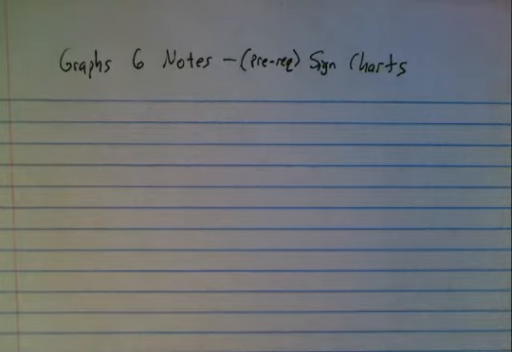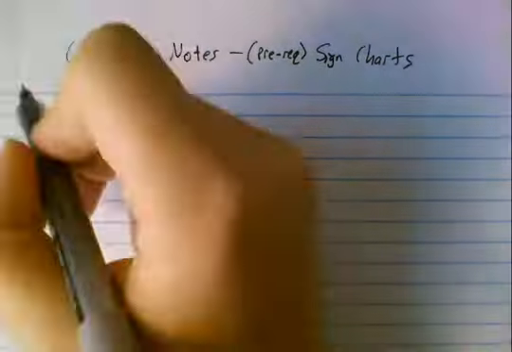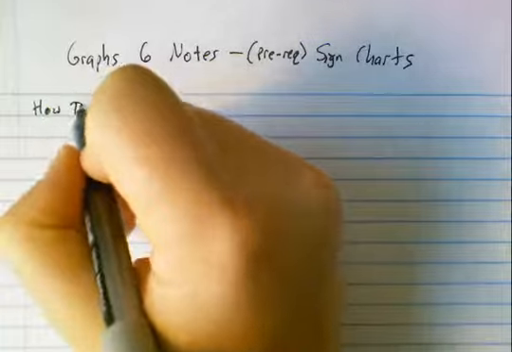By the end of this lesson, you should be able to make a sign chart from an equation. This is a prerequisite skill for being able to do the later lessons, specifically graph analysis based on equations. Basically, we need to be able to tell what values for x make a function positive and negative. And these values are tracked using a sign chart, which is just the plus and minus line of the three-line chart. So let's start with a little how-to